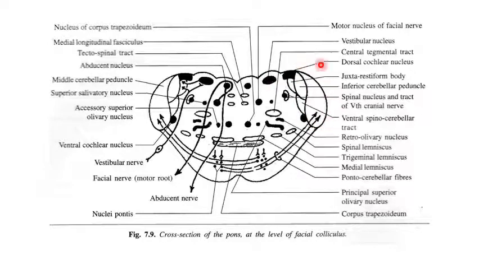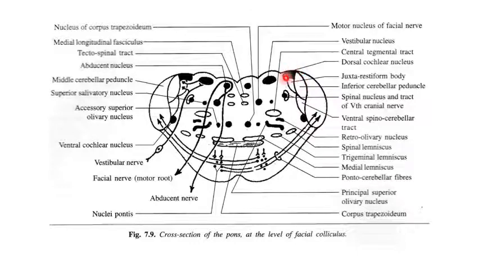Now the lateral part of this section, here you can see this large part. This is the middle cerebellar peduncle, and principally it contains the pontocerebellar fibers, contralateral as well as a few ipsilateral. Along the dorsomedial aspect of the middle cerebellar peduncle lies the inferior cerebellar peduncle. The inferior cerebellar peduncle fibers incline backwards and enter the cerebellum along the dorsomedial aspect of the middle cerebellar peduncle. This is the inferior cerebellar peduncle.